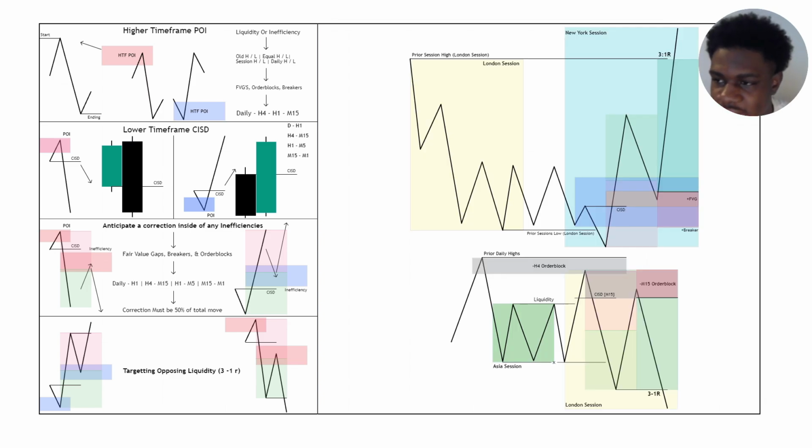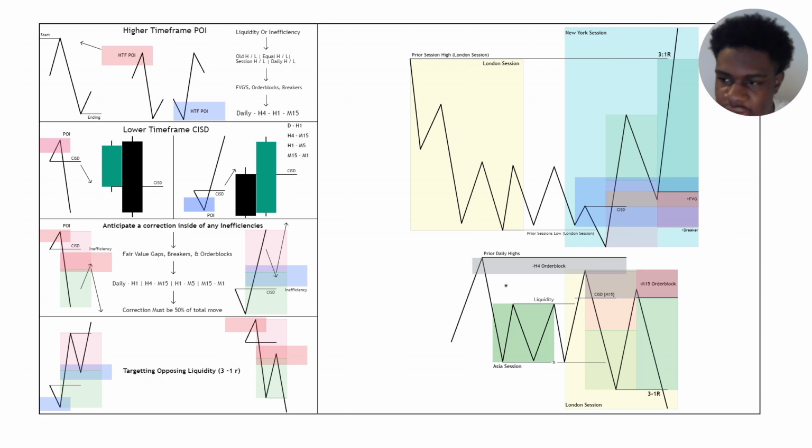Now to put this all together, paired with time, preferably either the London or the New York session, we get these two schematics. The top schematic illustrates price tapping into a level of liquidity, which in this scenario is the London session lows. We get that displacement to the upside during that New York session. Price then pulls back into a lower time frame inefficiency, which in this scenario is a breaker level plus that fair value gap,